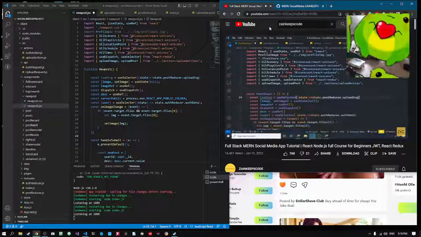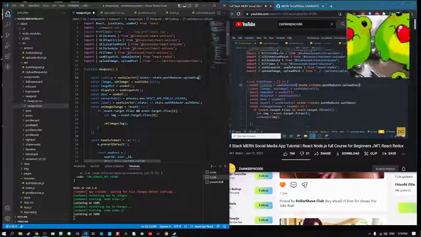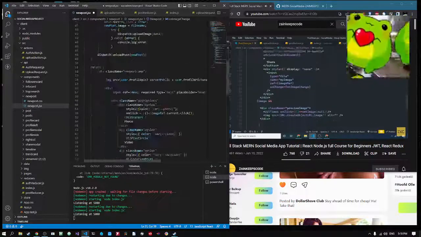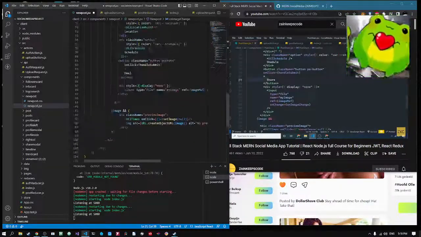Okay, so here I'm retrieving it, and now inside my button, this is my button, here I will say the